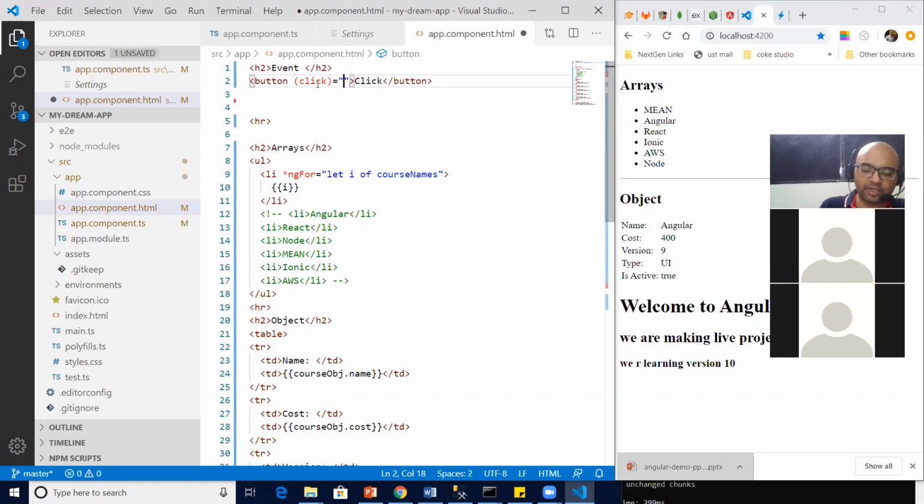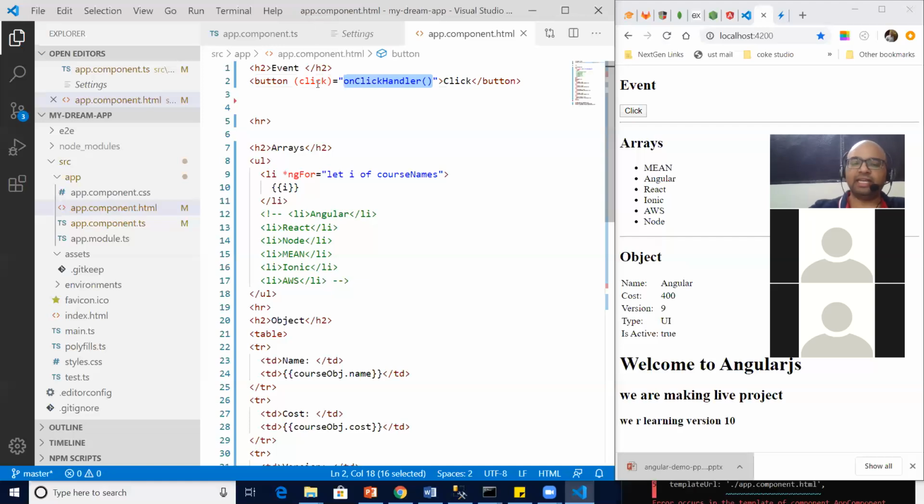So I simply say over here, click, onClickHandler. That's my function name. So I created a function and associated it to my click directive.